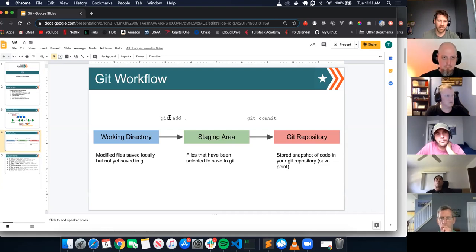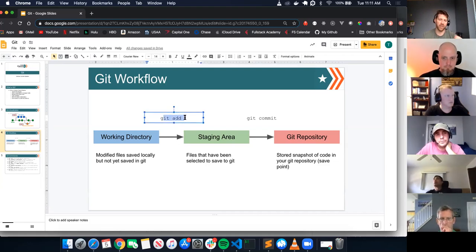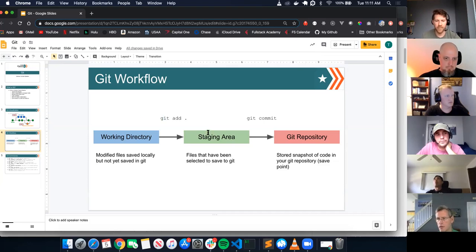So yeah, this git add just adds everything that you've changed within that Git repository. So that just adds it to the staging area. It's like, okay, the stuff is ready to stage and it's ready to actually save. And once you're ready to actually save it, that's where you do a git commit, which is literally just this